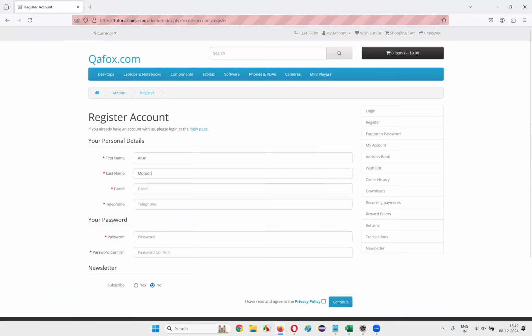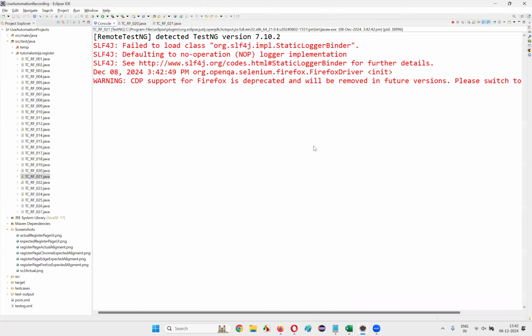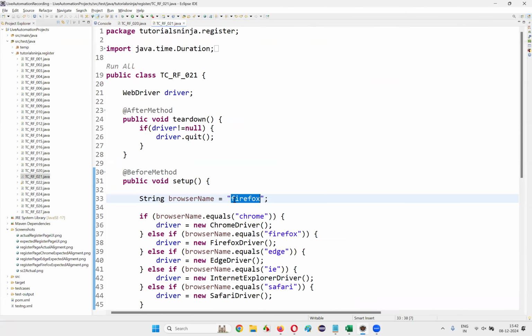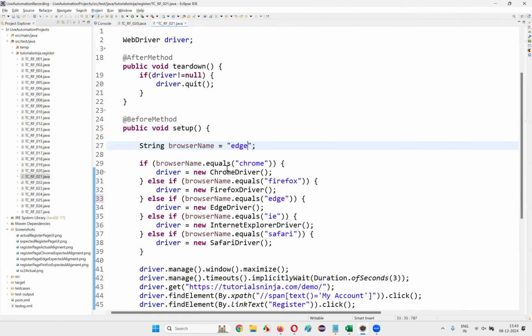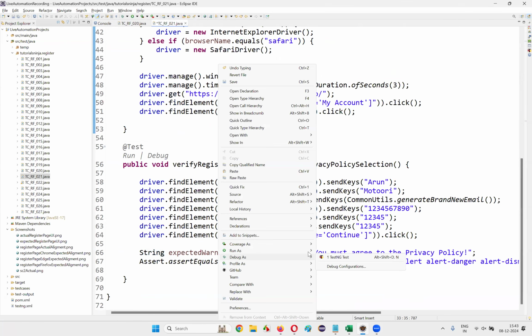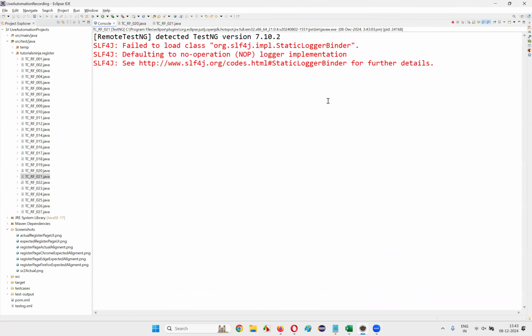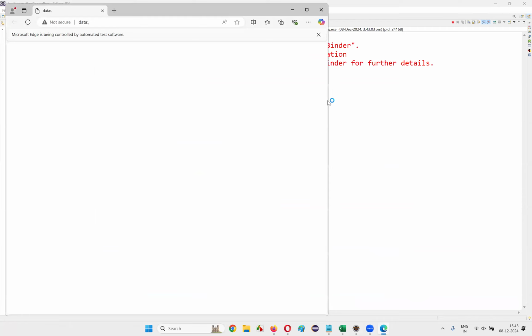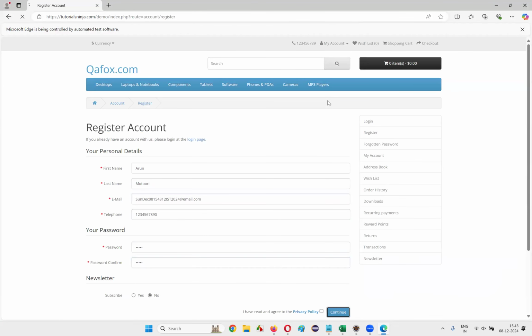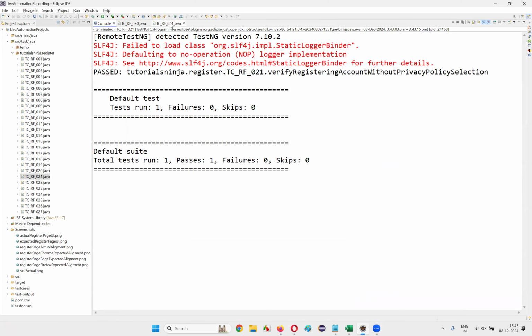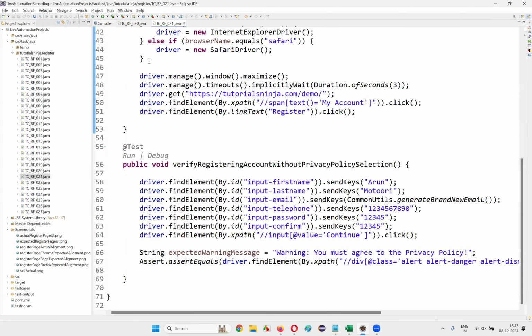Let's see whether it works in the Firefox browser or not. Yeah, it's working in the Firefox browser too. Then we'll try in the last browser, that is the Edge browser. Run the script, right click, run as TestNG test. Okay, it's working in the Edge browser too. Now the next one here is,